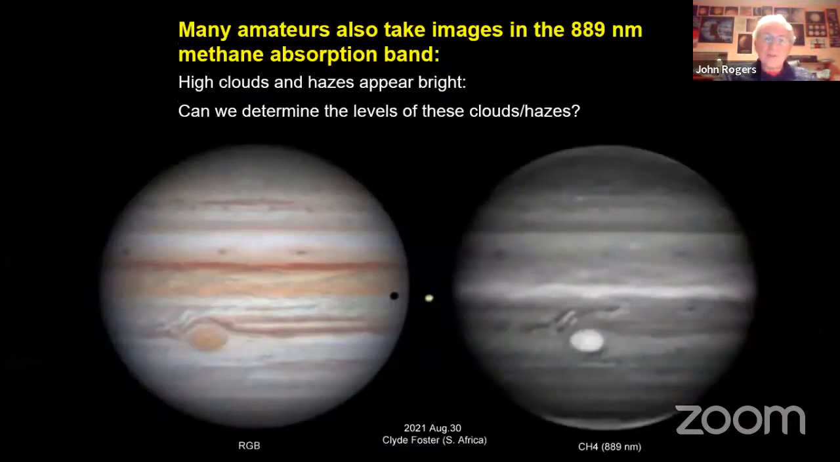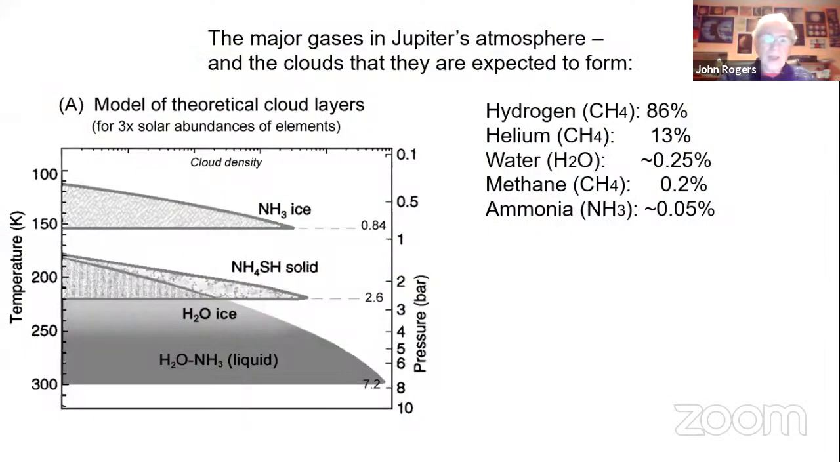And also many amateurs take methane band images like this one here, in the methane absorption band at 889 or 890 nanometers, where features like the Great Red Spot and the equatorial zone are bright, and polar hoods as well. We know that those are largely high altitude features, but can we actually go beyond that to determine the actual levels of them and the relative heights? Well, it'll help to appreciate the following talks if I give you a brief introduction to what is known of